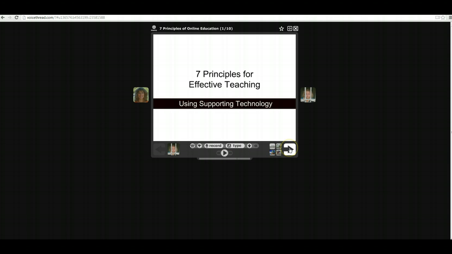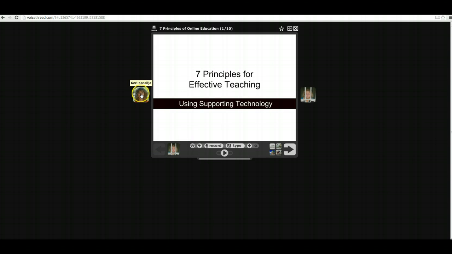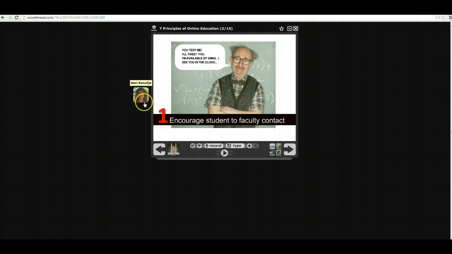And then I can go to the next slide. So when you see a little icon here, you know that there is a recording. Let me back up here a little bit. So there's a recording here. And when I go to the next slide, there's a recording here. If I click on that icon,